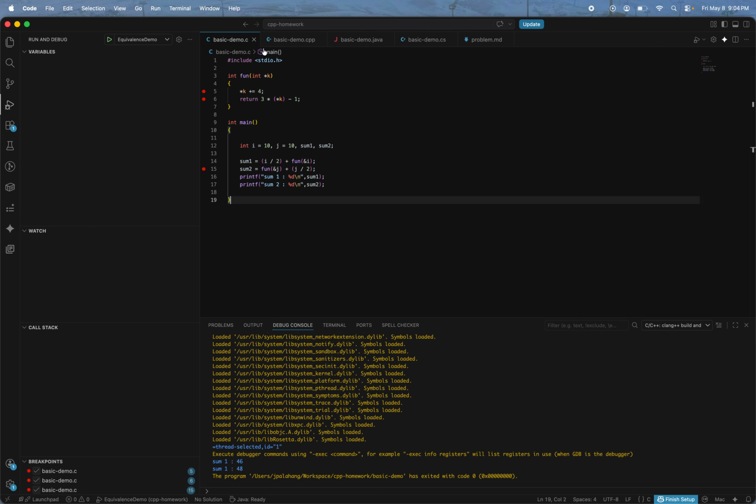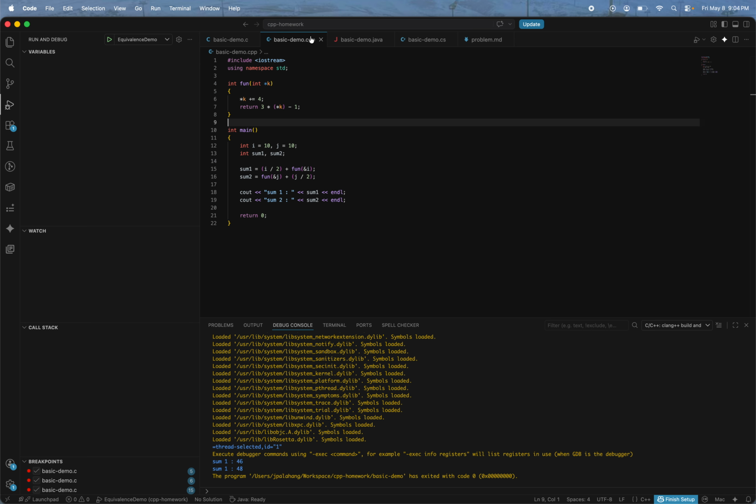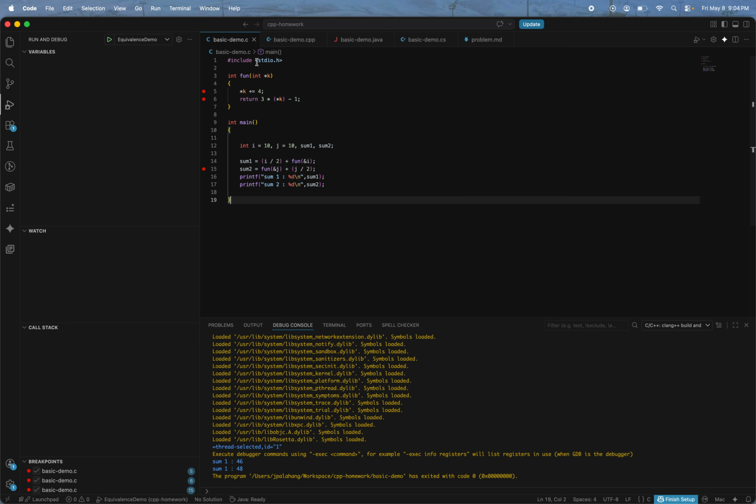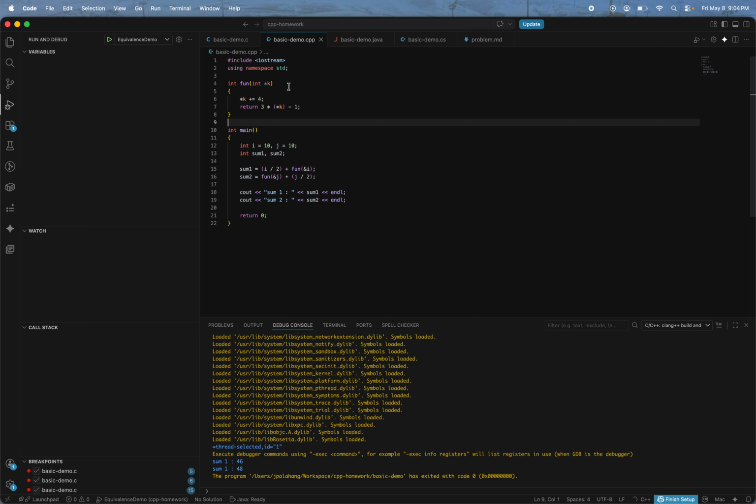Here I made code for C, C++, Java and C Sharp. As you can see, you get totally different evaluation with the same code, which leads to different outcomes. I will explain why the results differ between programming languages. I'll jump directly to C++ because C and C++ are almost the same. Here I have the same method that we had earlier, which takes whatever k value plus 4,